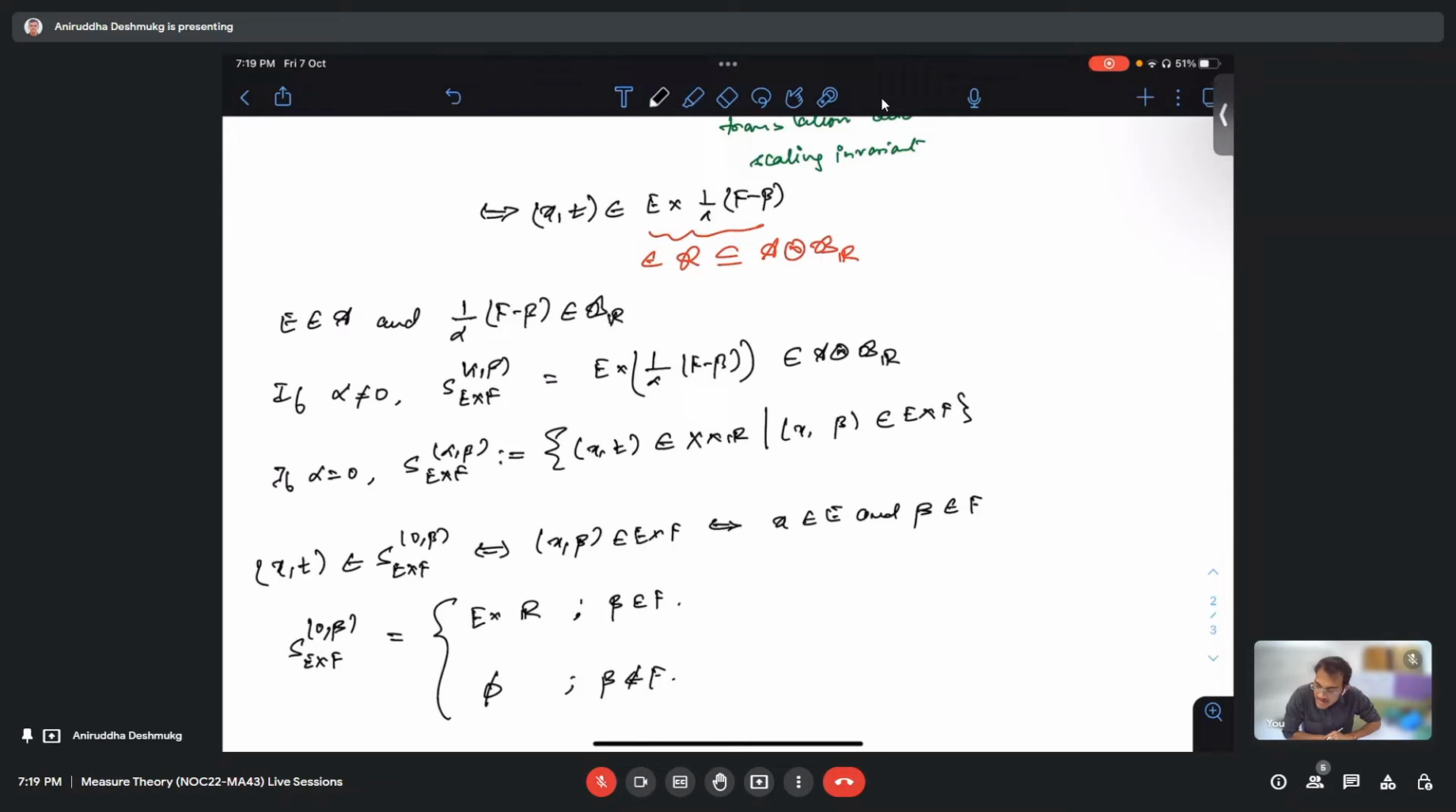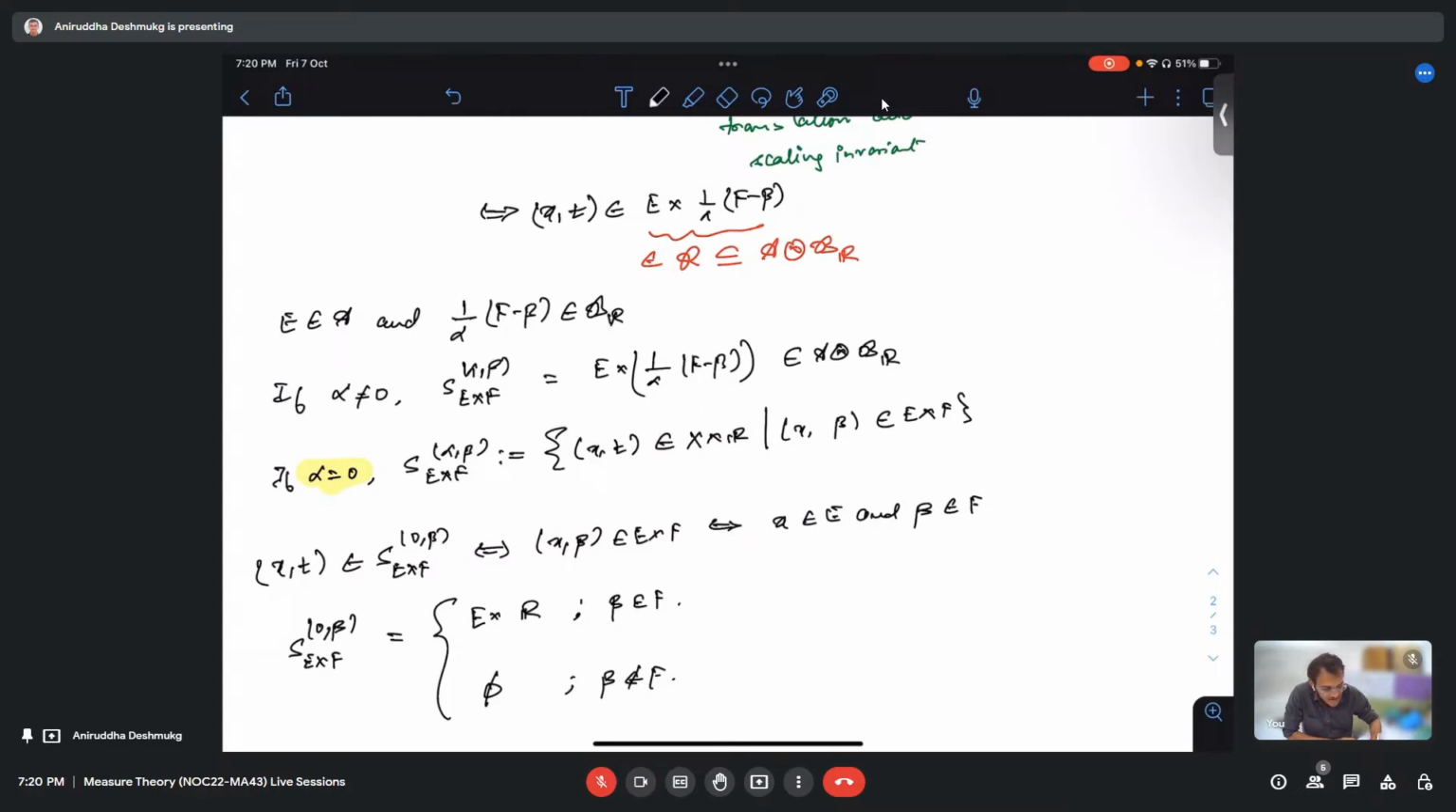Okay. So do you agree? Is that S of 0 and beta? Yes, S of 0 and beta, because we are assuming this alpha to be 0 now, right? Yes. So, see, what I'm saying is that an element belongs to this set if and only if x is inside E and beta is inside F,